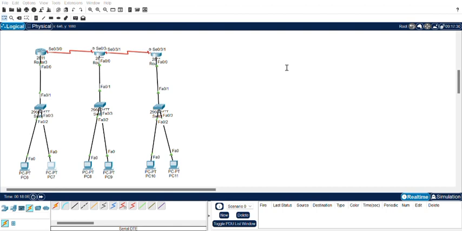Then the default gateway is 10.10.10.1, the same as the gateway in end device 1, because this is the same topology with the end device 10.10.10.1, right? And then we configure the IP address of topology 2 with the end device address